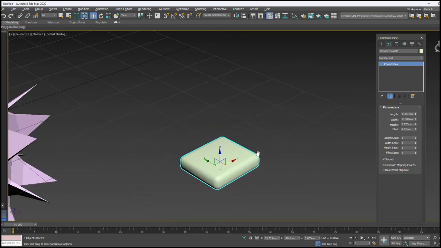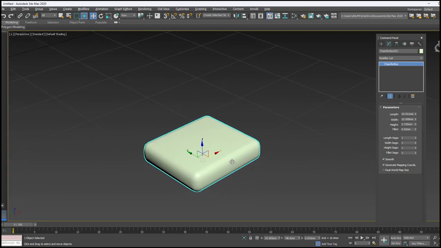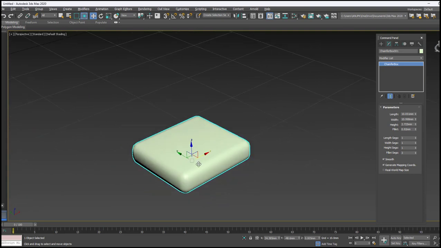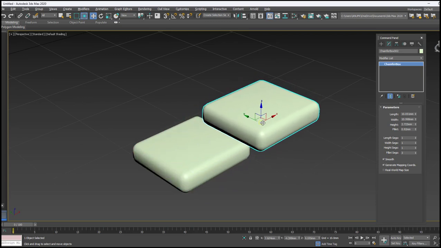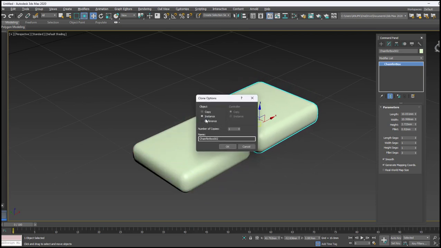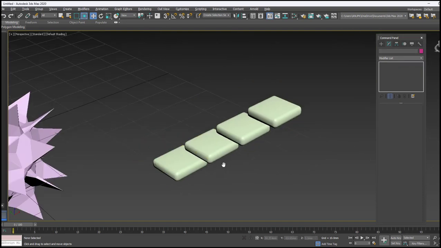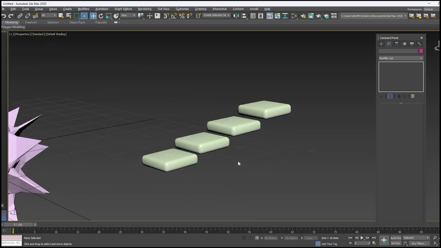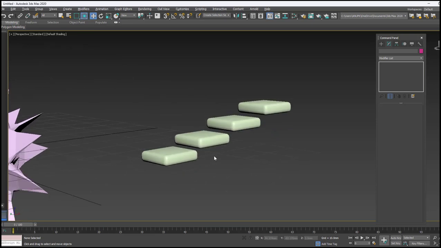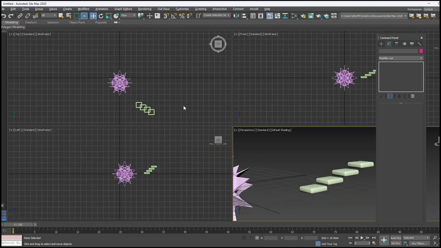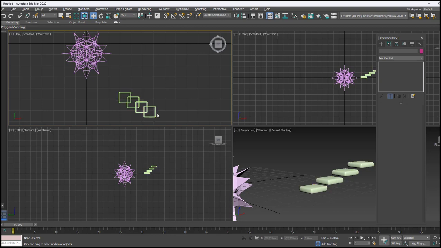So once you create the sofa, then you can go with the chamfer box. You make multiple copies by using the move command and then shift and then place it, and go with the instance option and then place it. But here you can see there is a little difference between the levels. For that I just convert this into multiple viewports. For that, Alt+W. Here you can see how I am getting it.